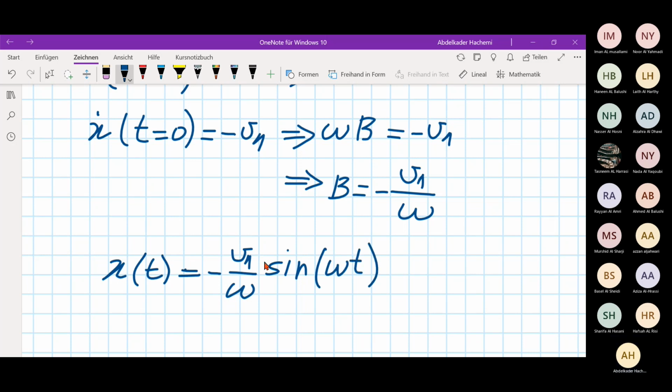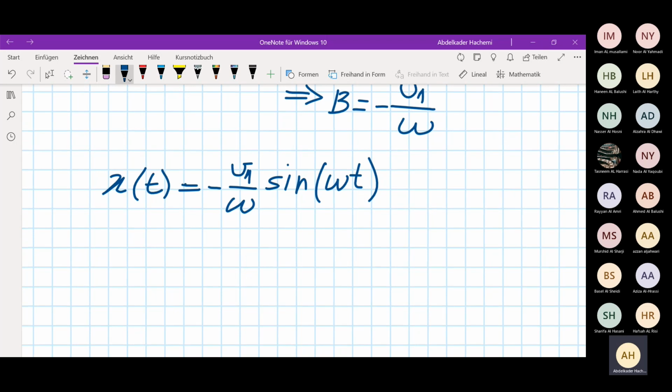This is the solution, where we know the value of v1, that is minus m v0 cosine alpha divided by omega multiplied by m of the ball plus the